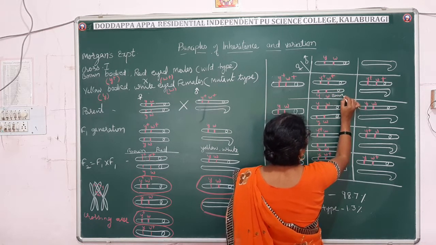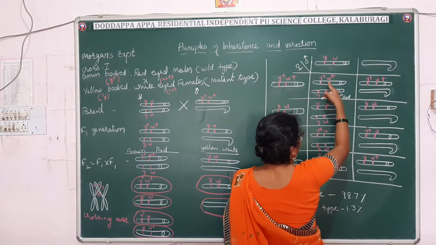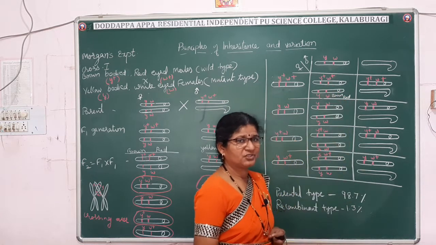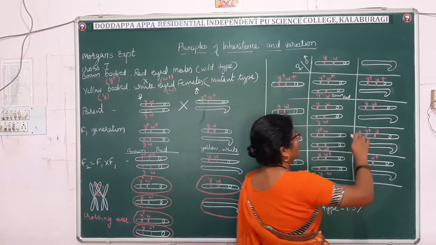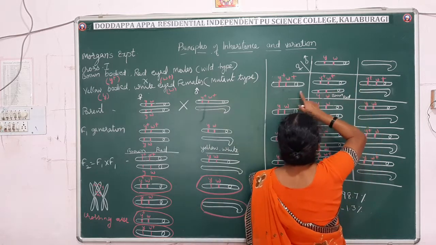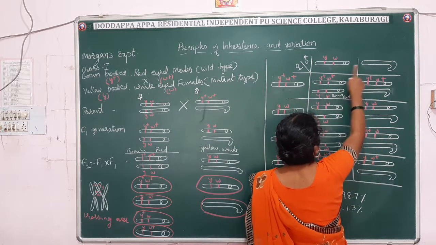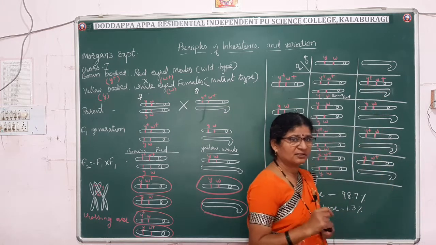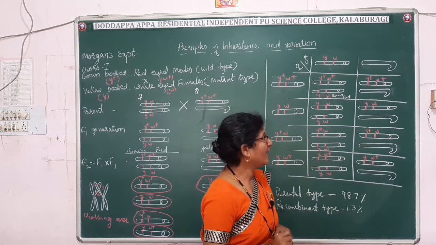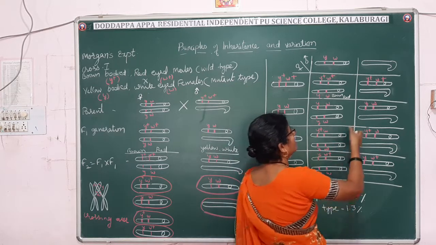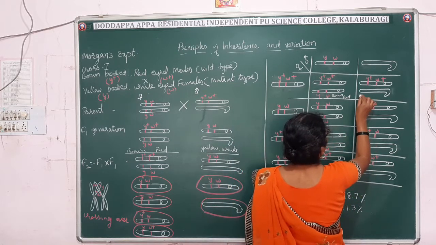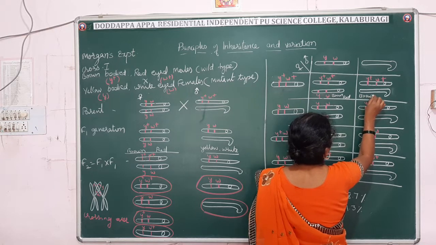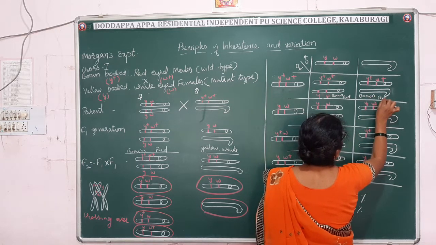Brown with red eye because of the presence of the wild gene. Likewise the males, they receive their X chromosome from the mother and Y from the father. So here the genes which are present on the X chromosomes are wild type. So what kind of character does it express? It also expresses brown body with red eyes.